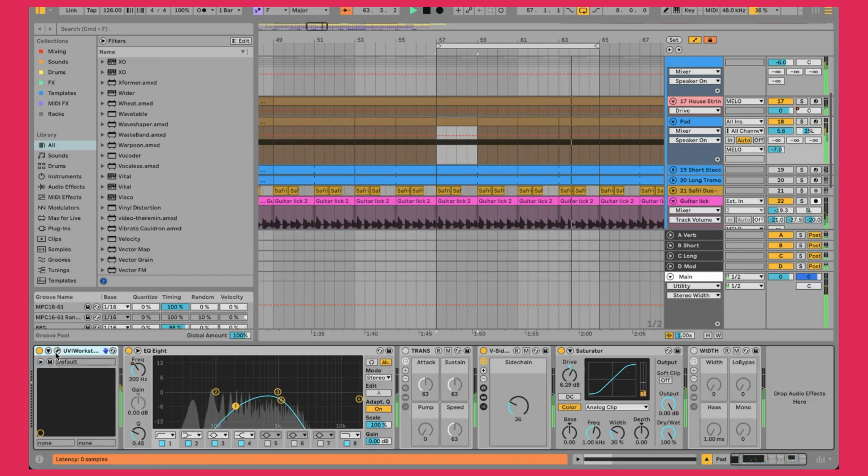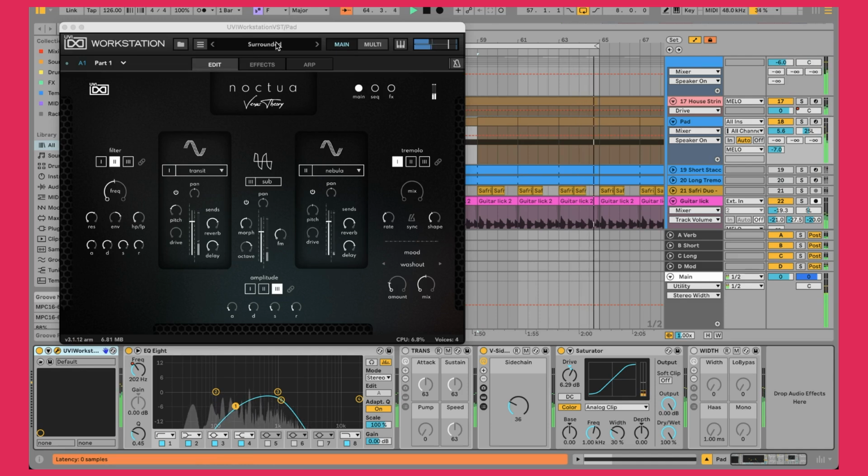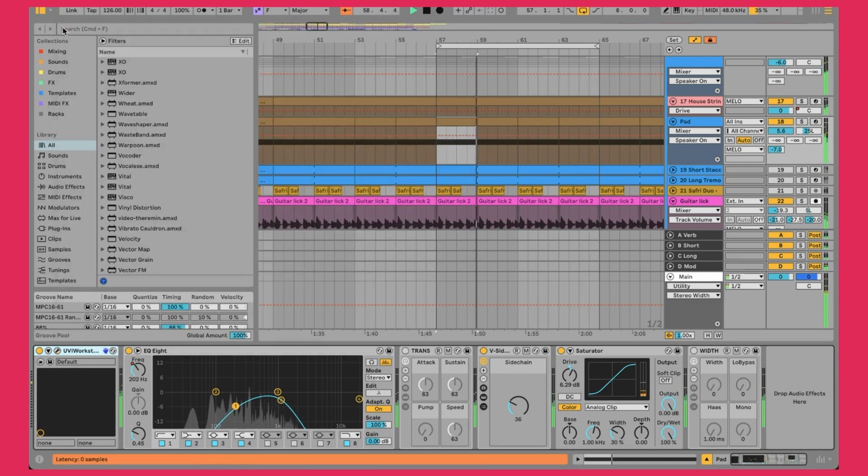And then, what is the sound? Some preset, surrounded by Noctua. I don't know if I changed this too much, probably not. Then just some EQ, moving some of the lows, getting some of the highs to push it into the mix again. A little bit of one knob sidechain. Here I have a device that's just the one knob sidechain. A little bit of saturation, bring out the sound a little bit. That's it.